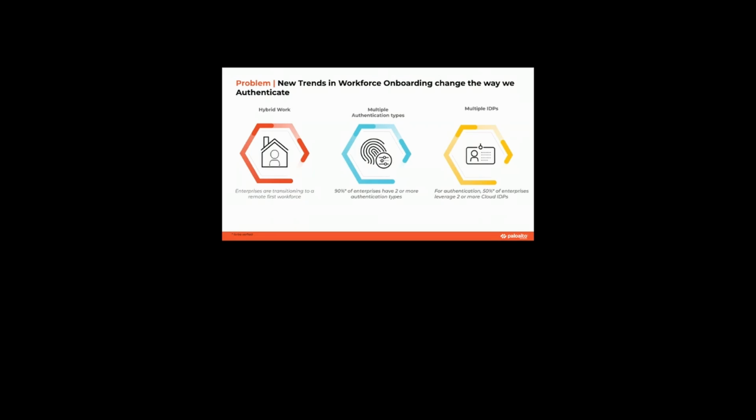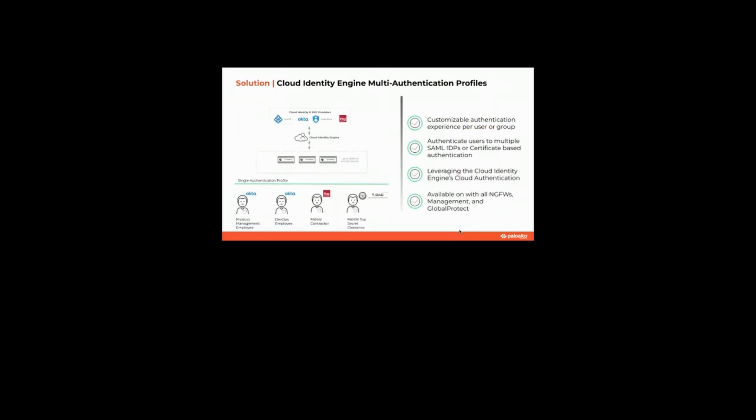And then multiple IDPs. They're not only using different authentication types, but even from entirely different IDPs. So in these circumstances, how can you ensure that the user is who they claim to be and enforce a second factor when necessary, while not overburdening yourself with having to duplicate, triplicate, or more all of the different policies that you have? Well, in an ideal circumstance, you'd be able to put the different types of authentication into a